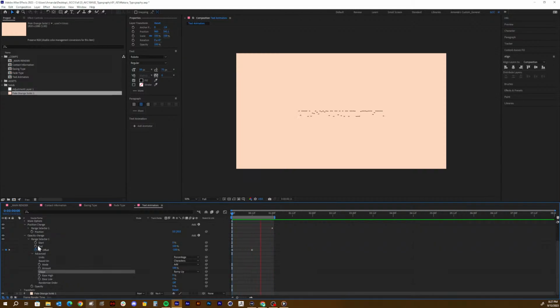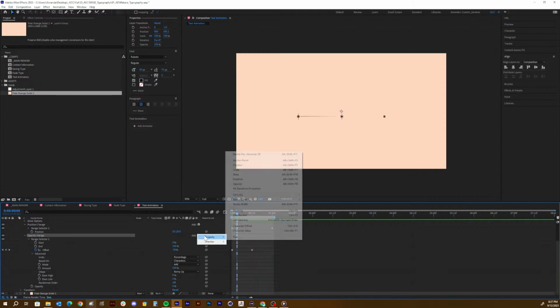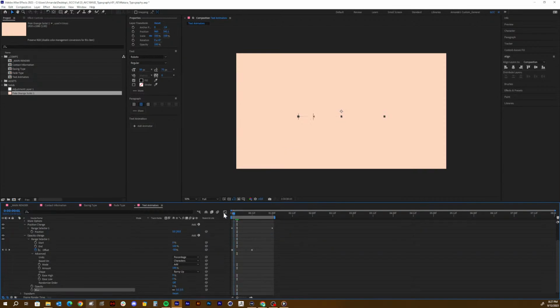Do I like this? Not necessarily. It's not my favorite. But maybe I could add something to this opacity to make it look a little bit cooler, right? So maybe instead of adding a new animator, I want it to blur at the same time that it has the opacity. And so I'll just crank this blur